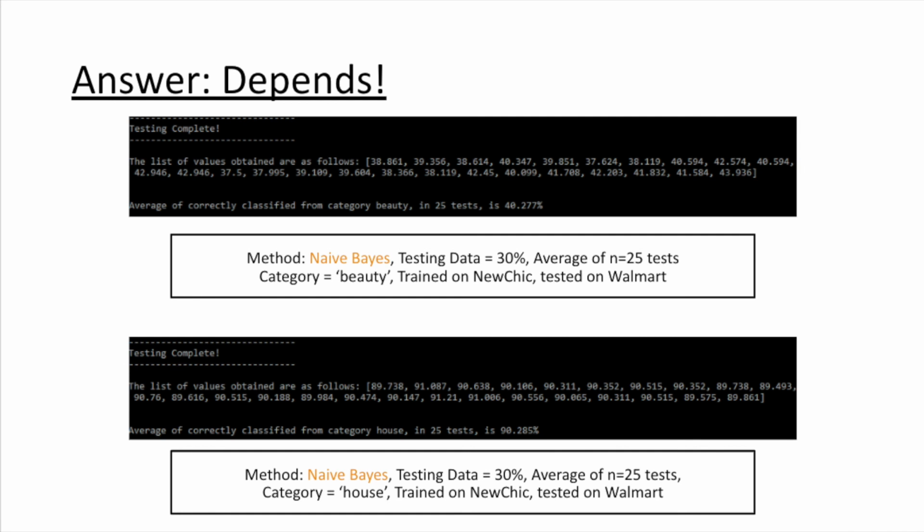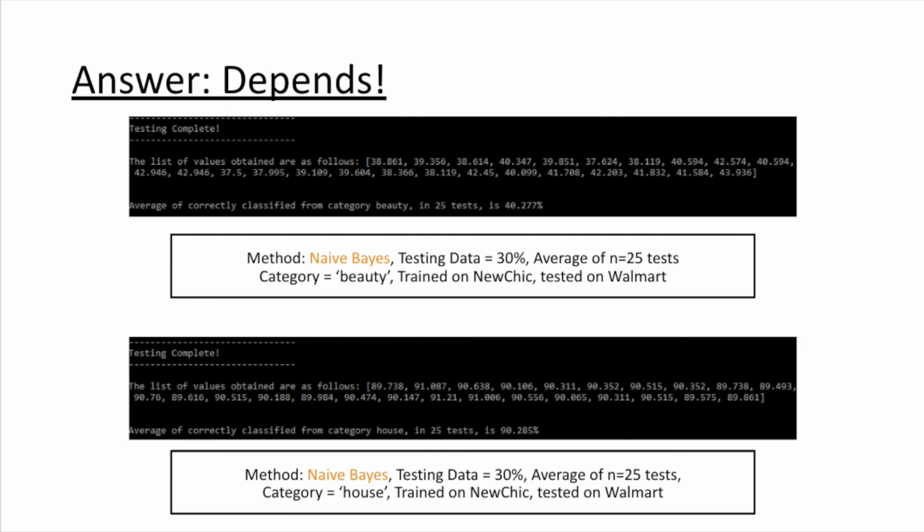Predictably, the answer to this question depends on the datasets involved. Because the New Chic and Walmart datasets each had similar categories such as home and beauty, we were able to train a classifier on one of the datasets and use products from the other dataset to test. To obtain the topmost results, we trained a naive Bayes classifier on the New Chic dataset, and then passed all